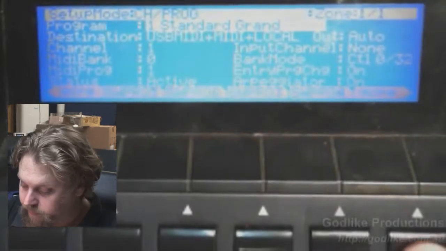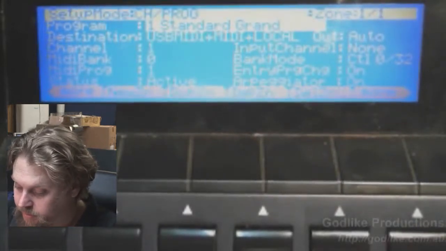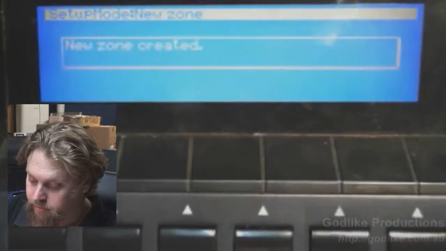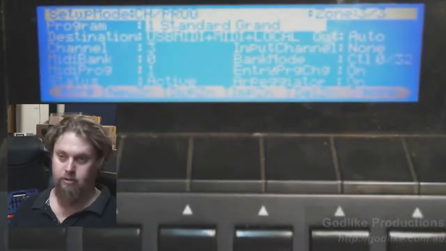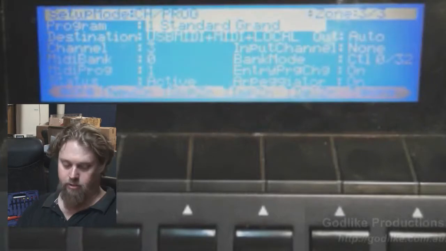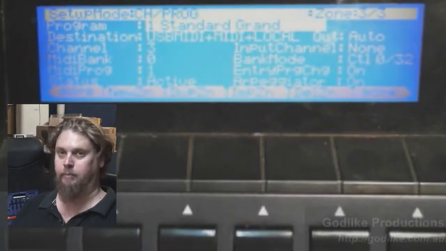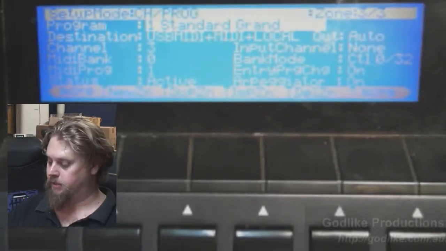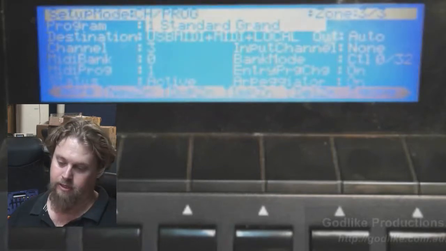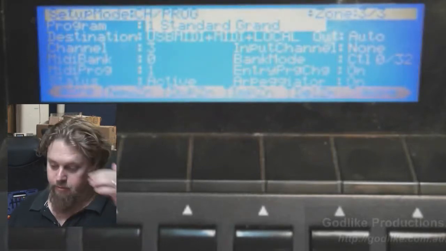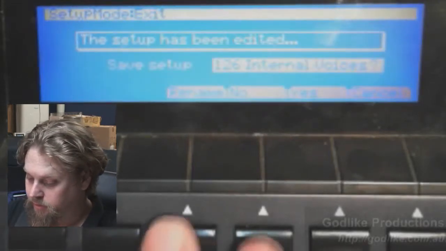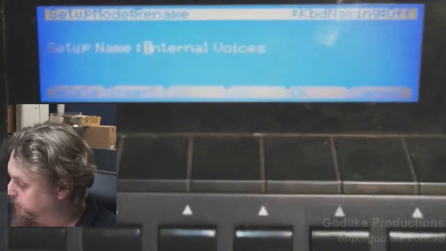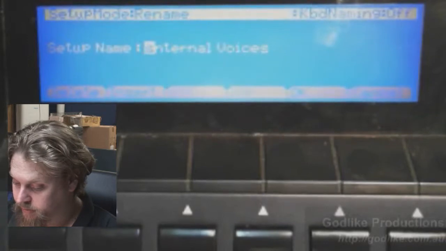So what I want to do is new zone. Okay, so now we've got 3 zones here, and I'm going to assign a riff to each of these zones, and they're going to play back the individual parts. I'm going to have keys assigned to them so I can start them and stop them. Okay, so let's just save this, rename as setup tutorial,